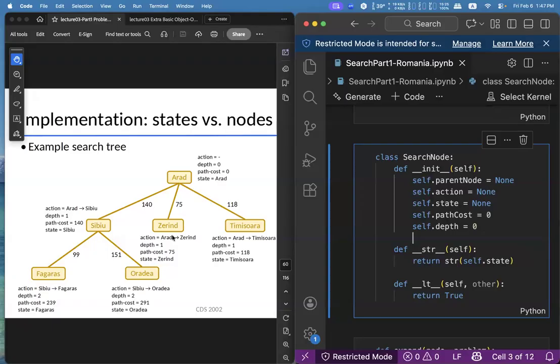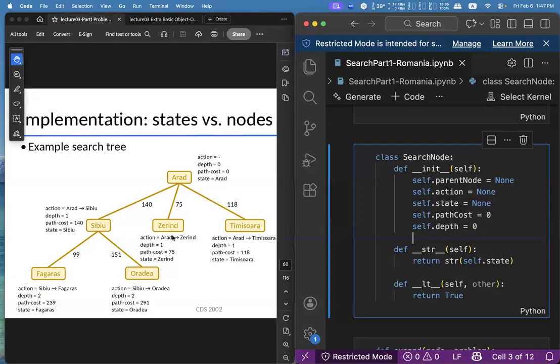And for the state, again, we need to store the state that the node is representing, because the search tree is actually representing a series of paths that we have been exploring so far. So at the end, you still need to store the state that is represented by the node.